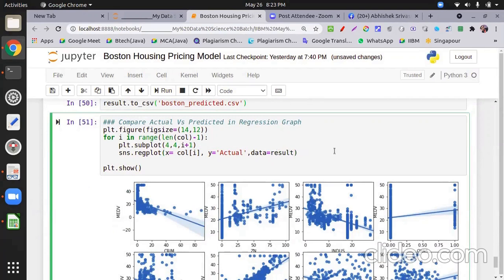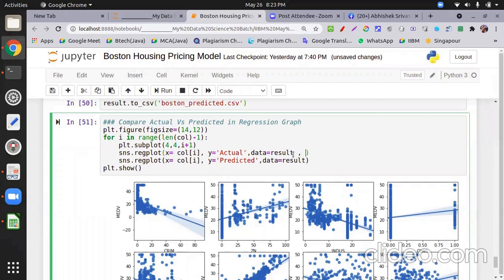I just copy and paste this line, and I copy the predicted column over here, because the second time I am comparing with this one. I am adding one more label, because two lines are there.